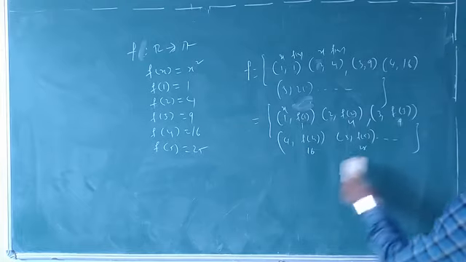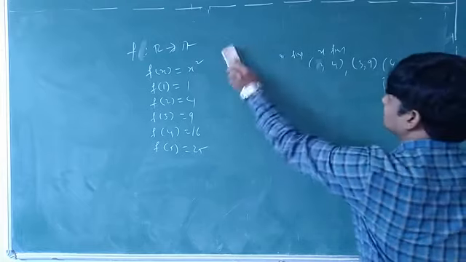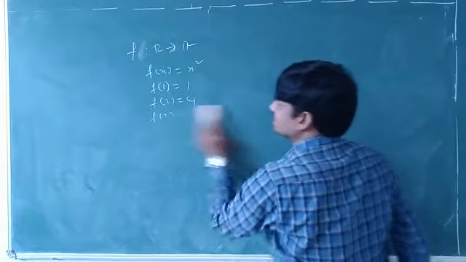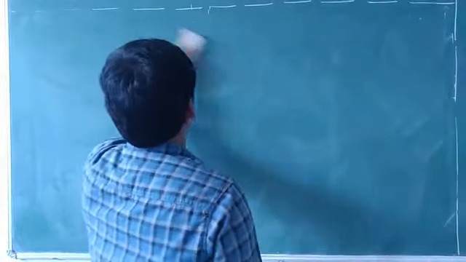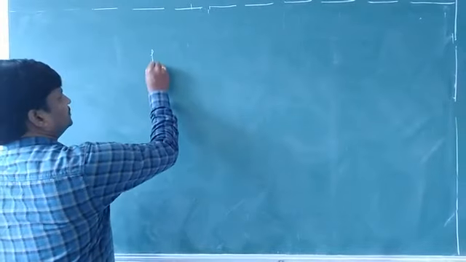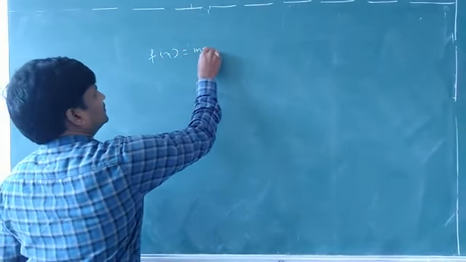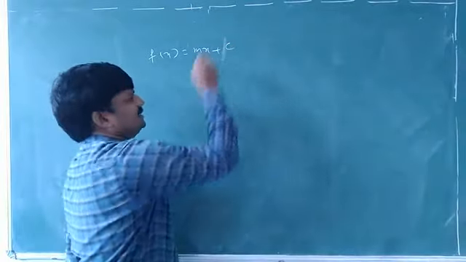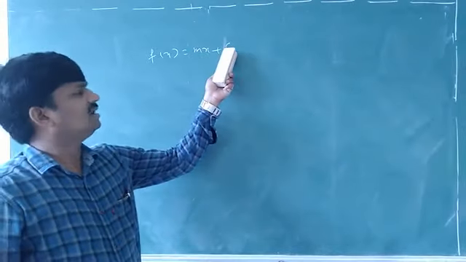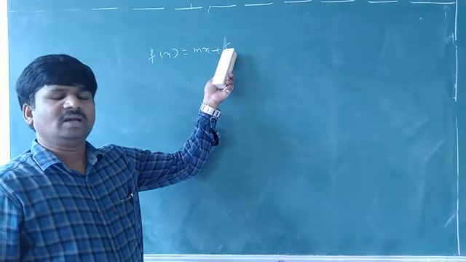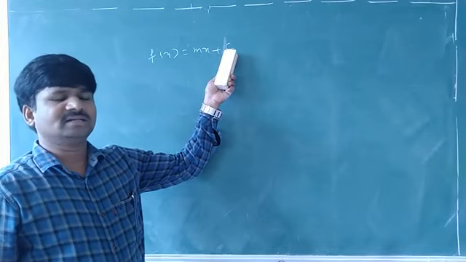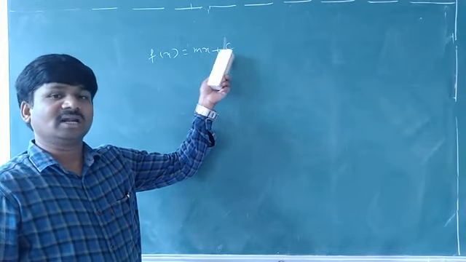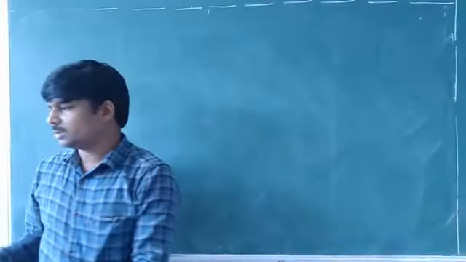Okay, remember. Why am I explaining this way? Because here one function is given, a linear function. What is the linear function here? A linear function f(x) is of which form? f(x) equals mx plus c. Here m and c are constants, or real numbers, or coefficients. Sorry, constants. Okay, remember.